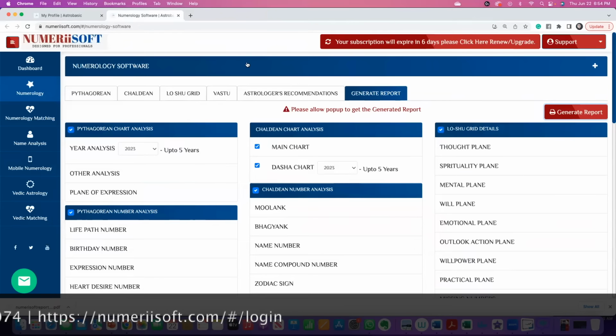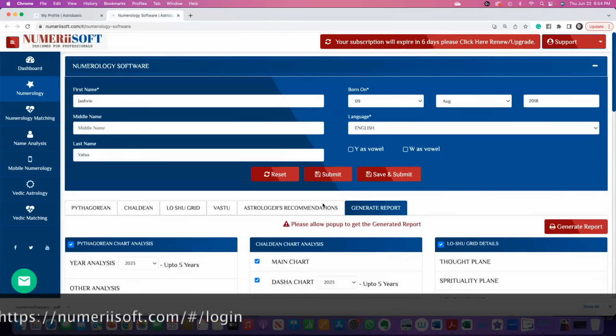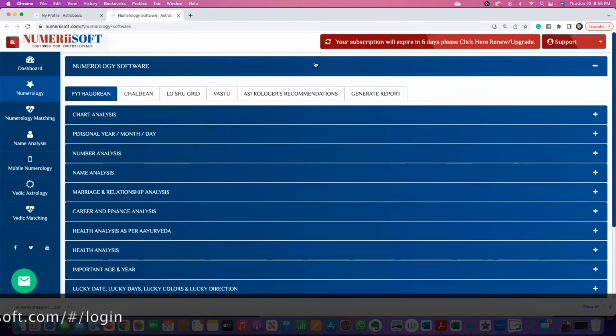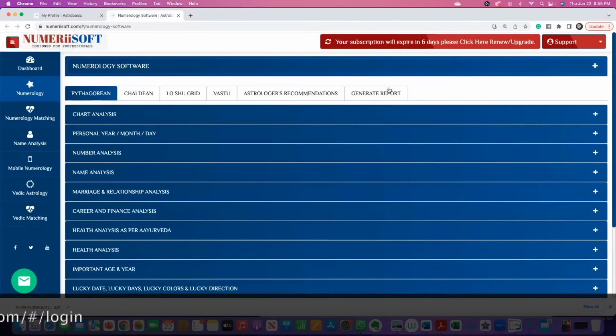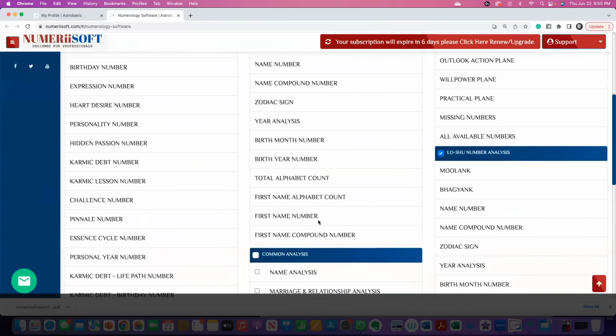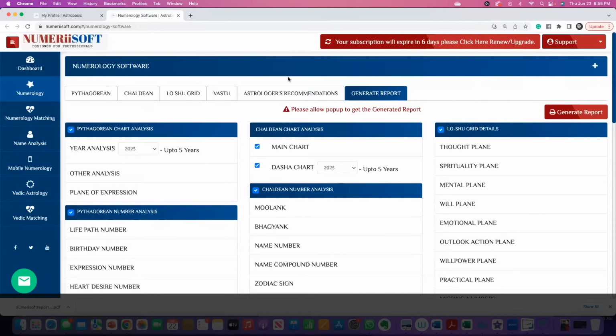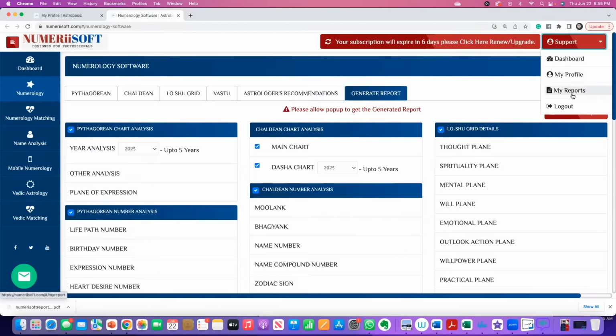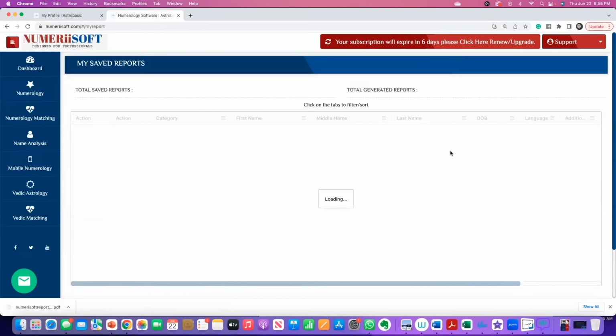Now coming back to this report again, this time I will do save and submit. So when you do save and submit, basically the same report gets generated. It's the same details, same report, same thing. You can still do the same generate report and all like you have done. The difference is if you go again to the right top corner of the support where you set up profile, below that you will see there is something called my report. If you click on that,